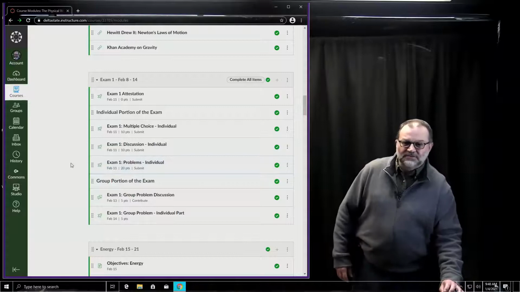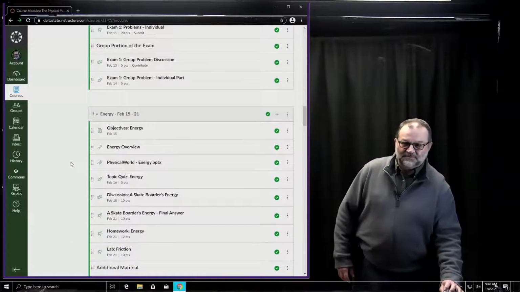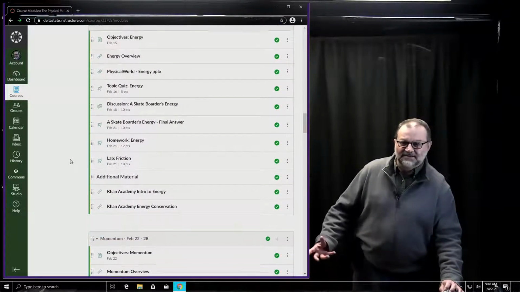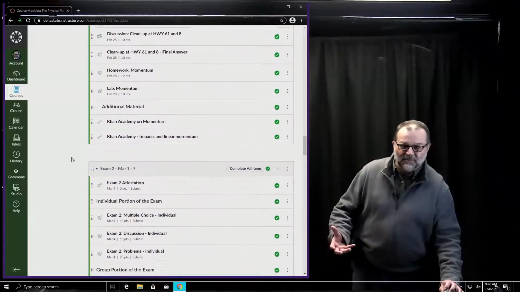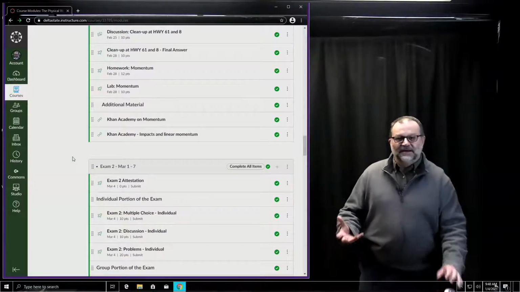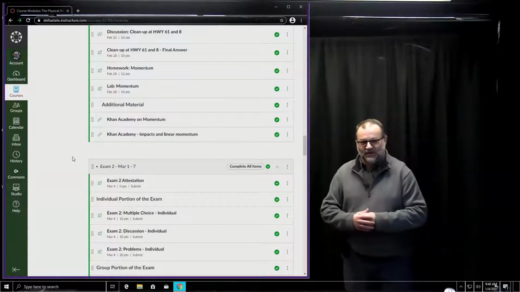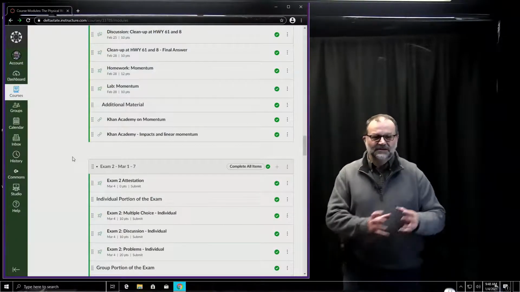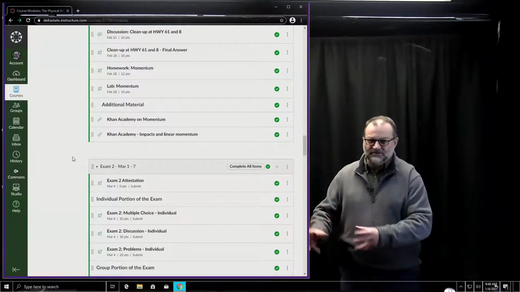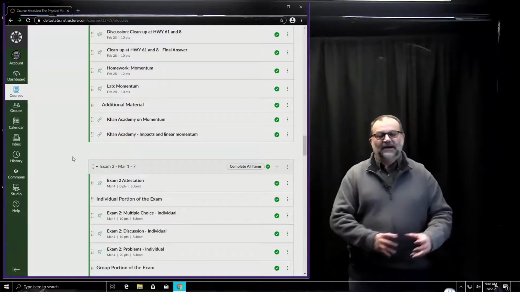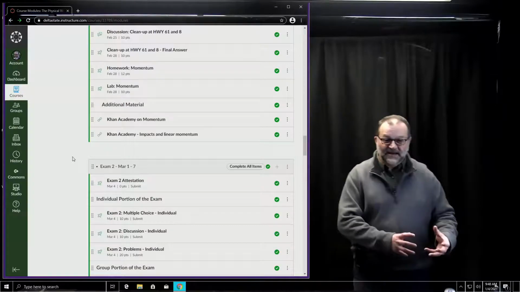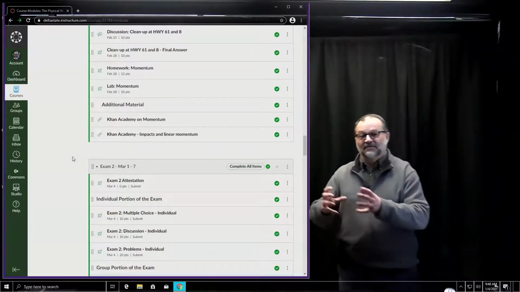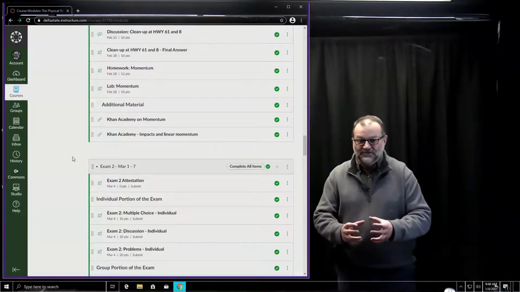If we look through the second set of material for the second exam, we've got 2 content modules and an exam. And that's basically what we're going to be seeing throughout the semester. You have 2 content modules, 2 physics modules, and an exam. And that's going to be through 4 exams. And then at the end of the semester, we're going to have 1 week with some new material and then